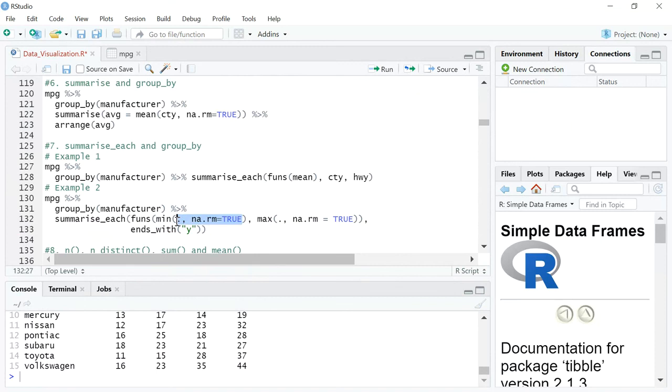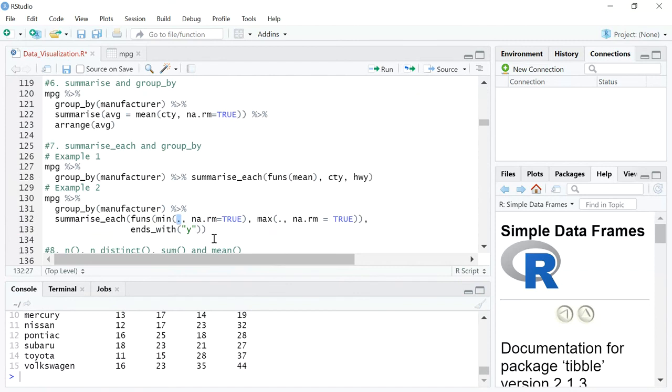Now, just to explain what is written inside the min and max function. So let's say, you can simply use min comma max, but if you feel that there are some null values that you want to remove, then you need to write na.rm is equal to true. The moment you have to add an argument, you'll have to use a comma separator, right? And you can't just put nothing before the comma separator.